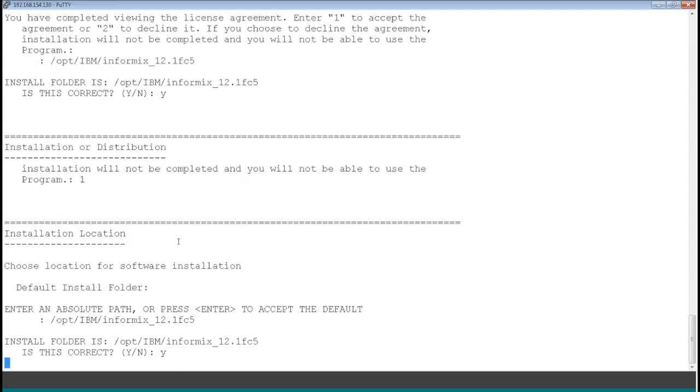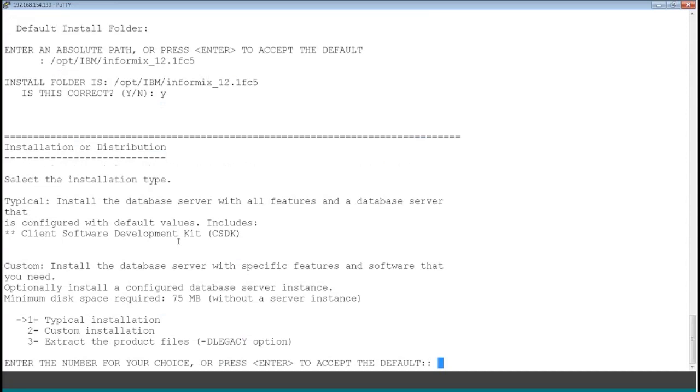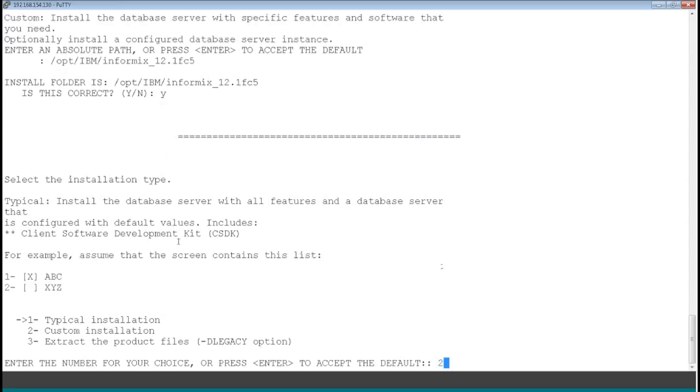So we have 3 options here actually. On Linux, it adds a 3rd one on some of the new versions. So we have our typical installation, our custom installation, or extract the product files. You can extract the product files if you want to build your own RPM, if you need to do some kind of distribution method. Most people will never touch that unless there's a real problem. The typical installation will install basically everything, which is fine for most people. I'm going to do the custom install here just to show you what it looks like. So I hit 2, it'll take me to the next one,